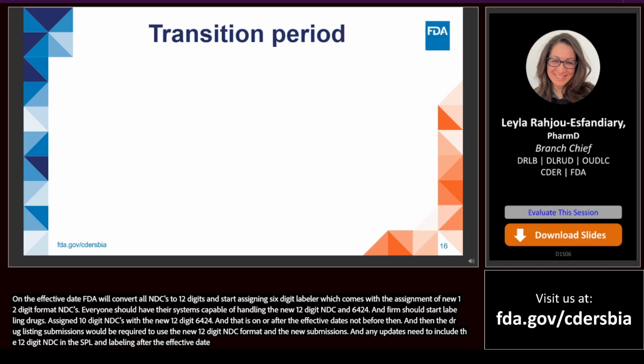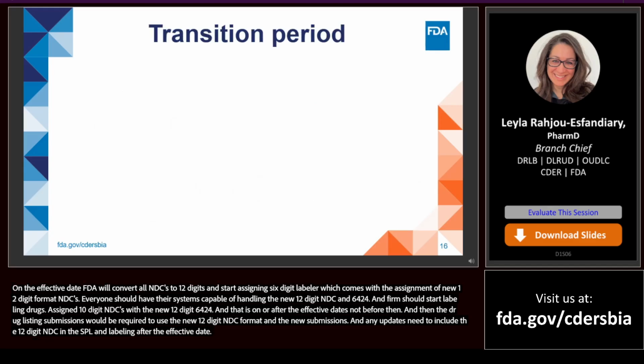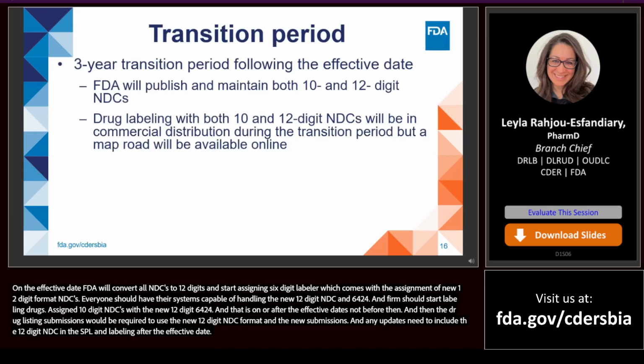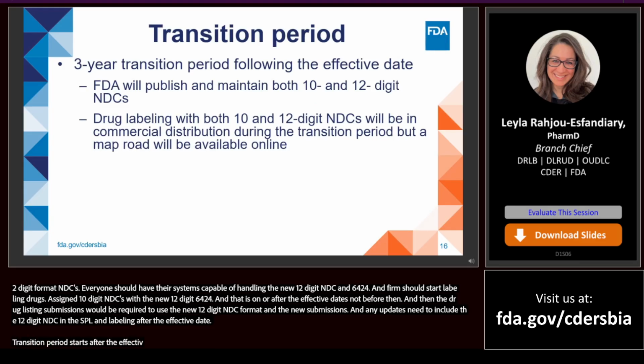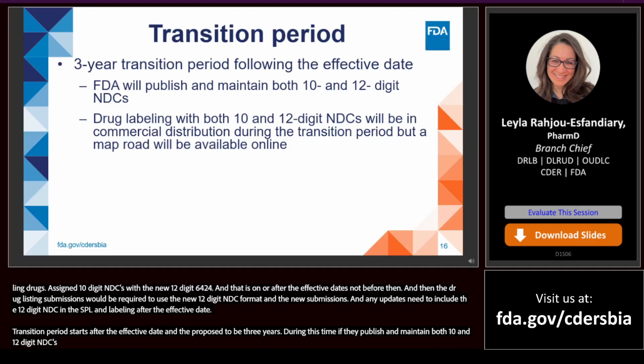Transition period starts right after the effective date, and it's proposed currently to be 3 years. During this time, FDA will publish and maintain both 10 and 12-digit NDCs. FDA does not intend to object if drugs that were assigned a 10-digit